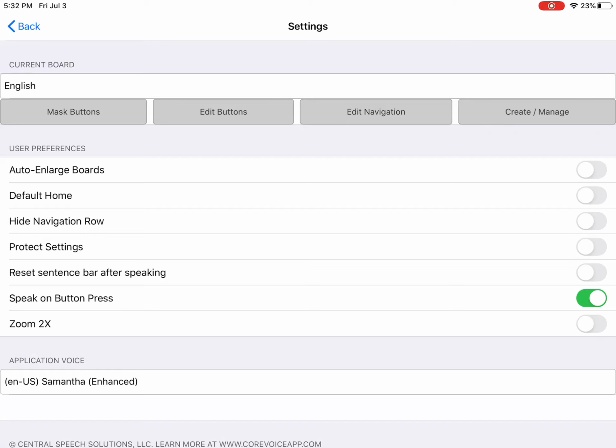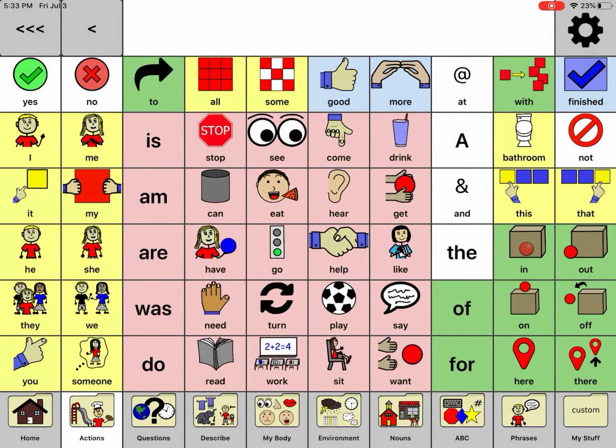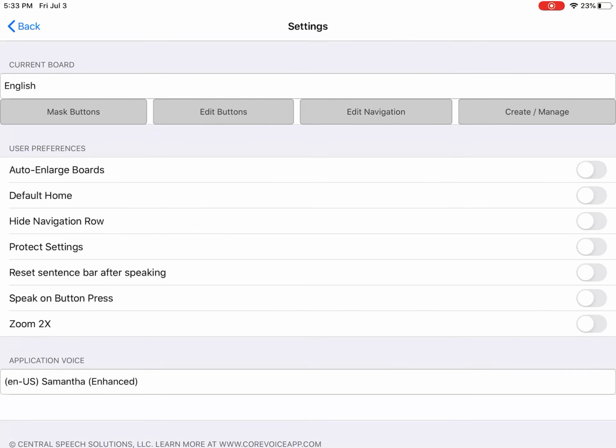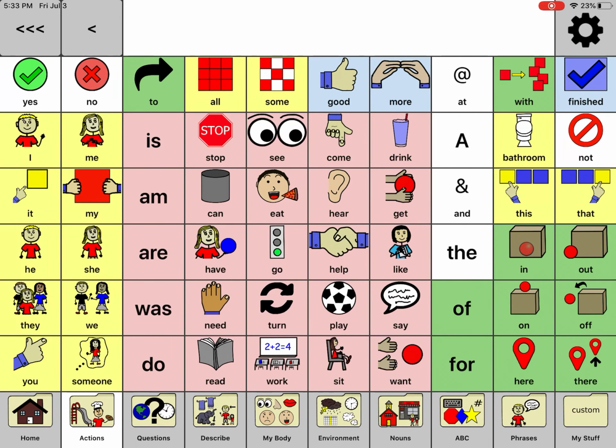Repeat sentence bar after speaking. So right now I have speak on button press. Let me turn that off and I'll show you this. You're going to reset the sentence bar and I'll show you that only. So right now it's not talking because I turned off speak on button press. I see you. But look, now it went away. If I say the same sentence and I turn that feature off, repeat sentence bar after speaking, and go back,